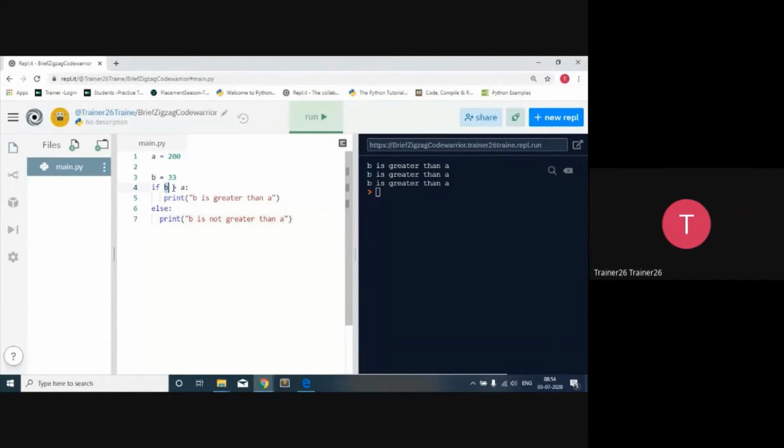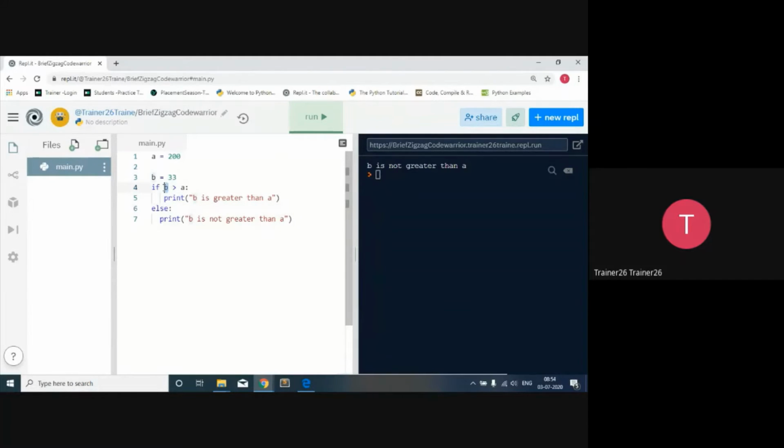Now if this condition becomes true, this particular statement is going to get executed, and if this condition is false, the else statement is going to get executed. After else you have to give the colon. Right now the condition is false because A is 200 and 200 is not less than 33.